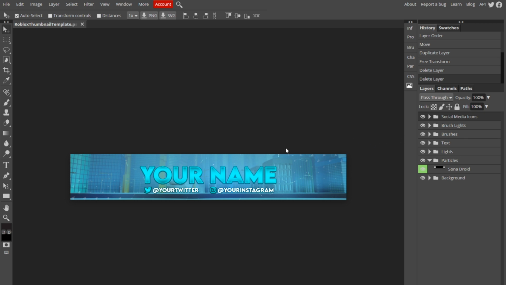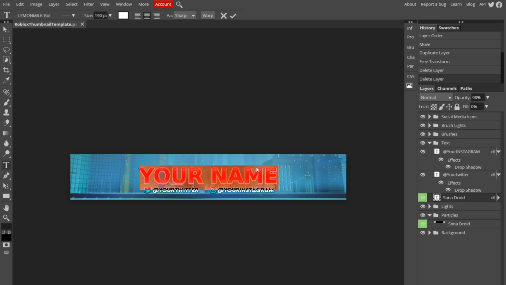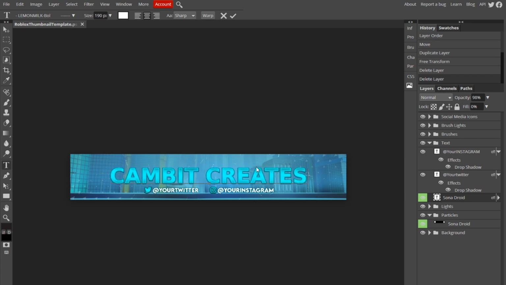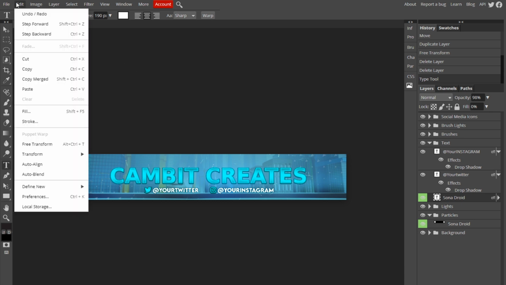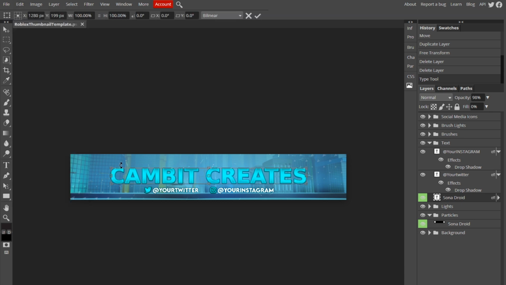And I'm going to show you how to edit these if you want to change your name or whatever. So if you want to change your name, you just want to highlight the text and type your name. Now it may be a little too big and you want to shrink it. You could just go up to edit, free transform, and if you hold shift, you can shrink it a good amount. My name is really long, so it's not that good. So what I want to do is I'll just make it bigger,